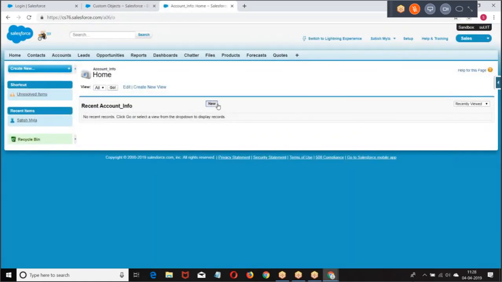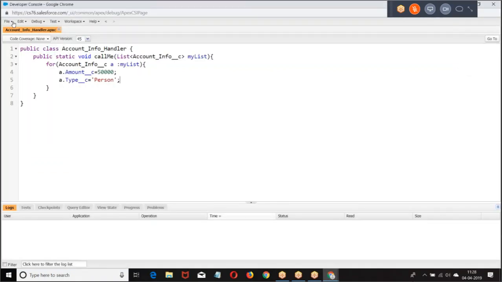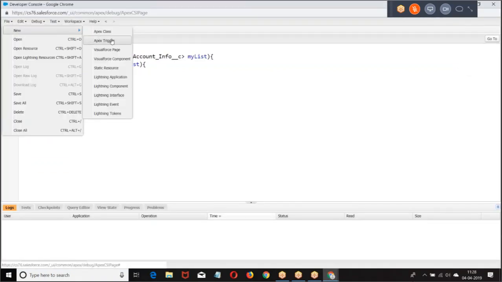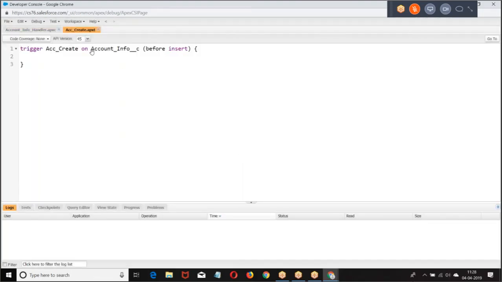Info. Right, this is the operation. Try to define a trigger. Try to write a trigger.